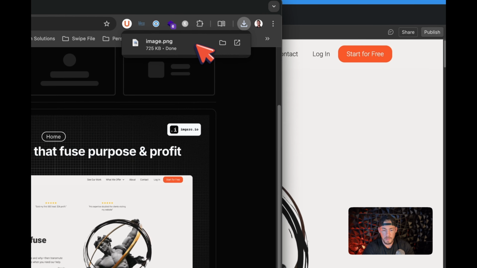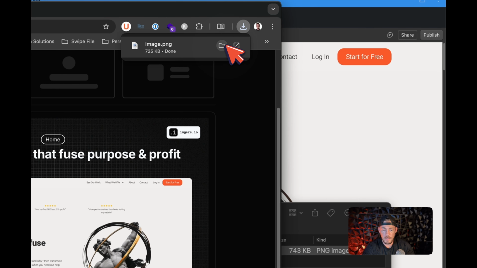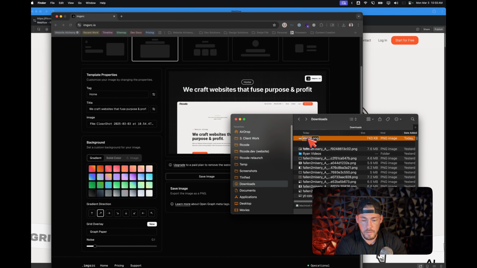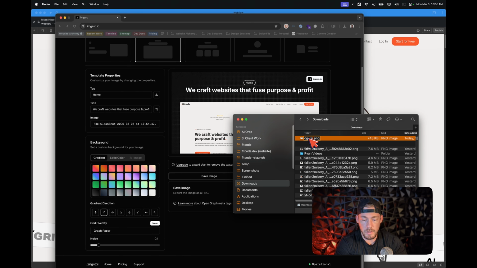Save it. Once it's there, I would personally rename this. So we'll just say OG image fit code, like that. Okay. Ideally, you're going to compress this image, but it's already a pretty good size, so we'll just compress it inside